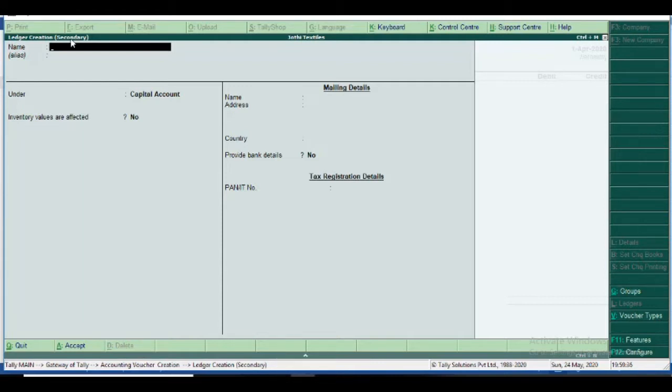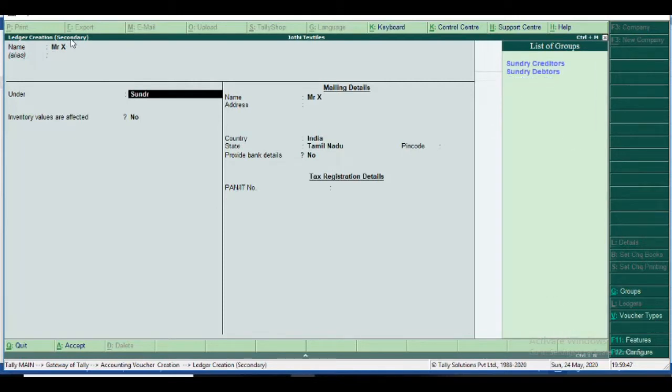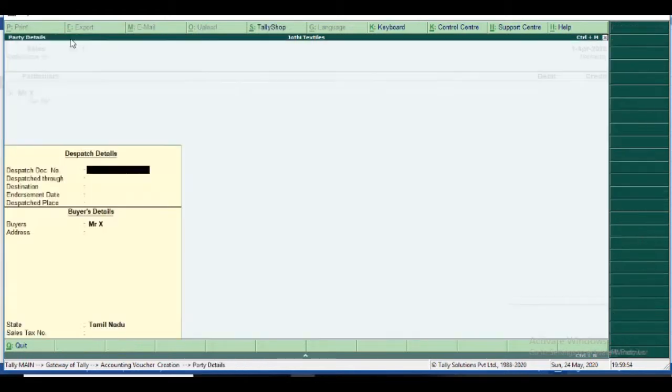So if I create Mr. X here, it is the same. Mr. X, under Sundry Debtor. Okay.